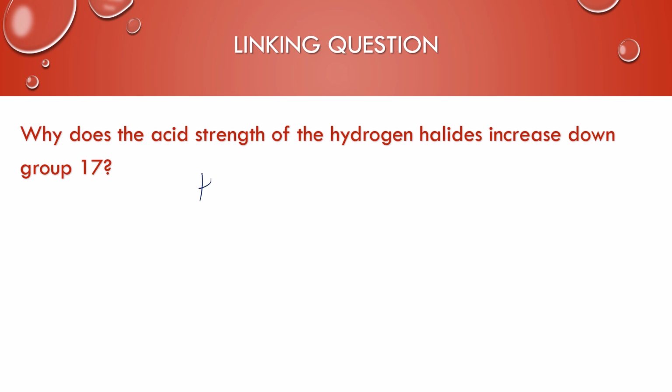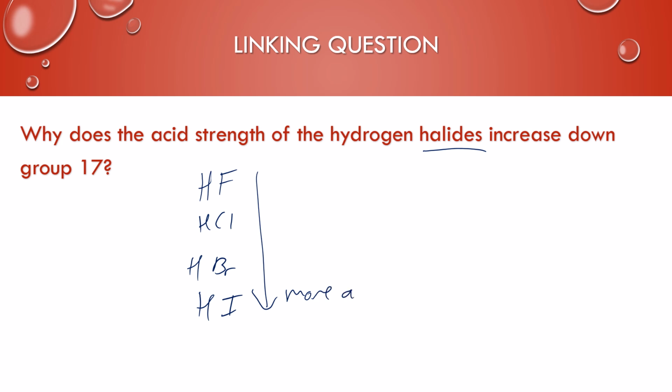And so you've got our halides, right? So let's say HF, HCl, HBr, and HI. As you go down, it gets more acidic. That's because iodine has the largest radius. Because iodine has a bigger radius, it's much easier for the hydrogen to leave because it has weaker Coulombic attractions to the hydrogen. They're further apart. Fluorine, on the other hand, has the smallest radius,